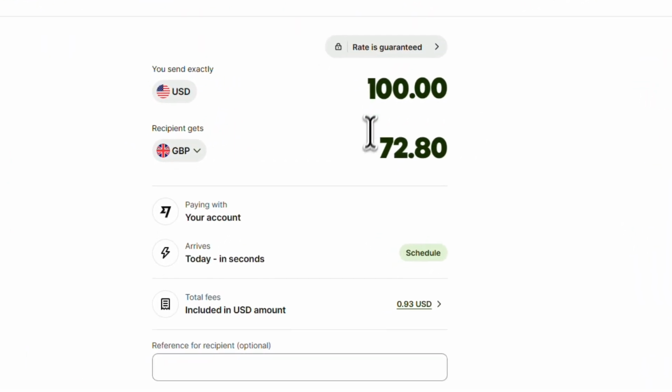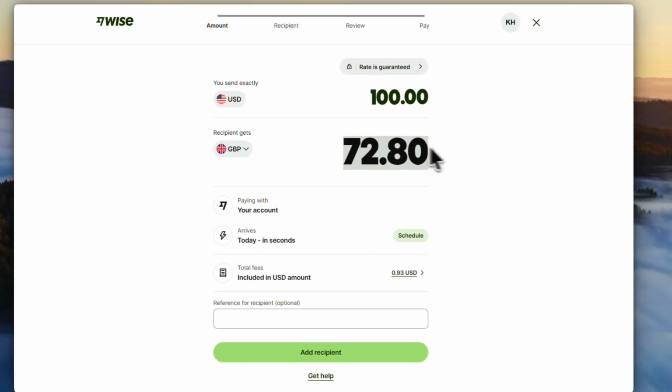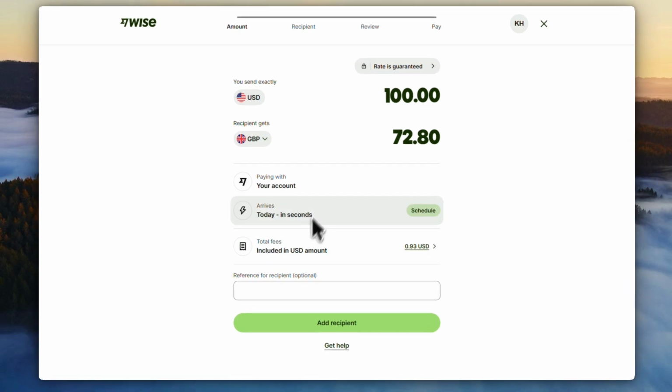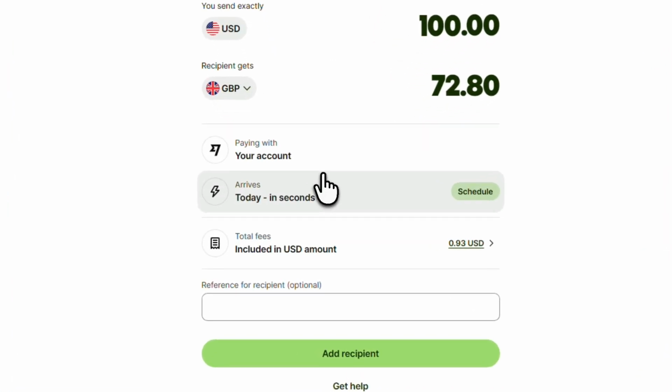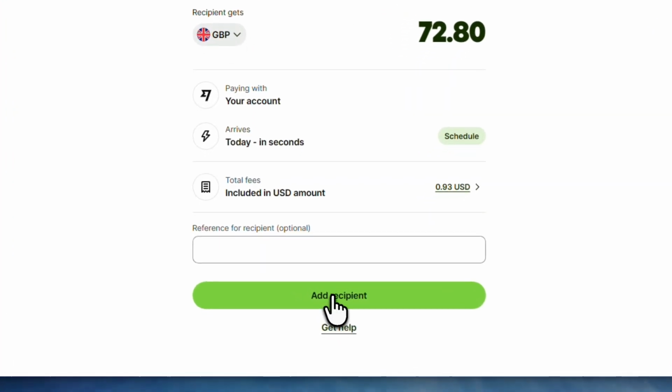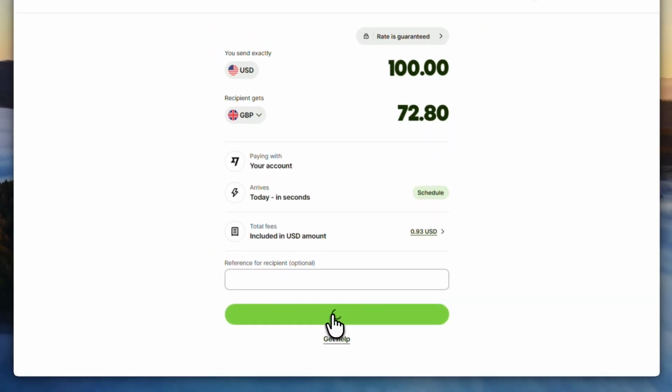Now enter the amount you want to send. You can type in either what you want to pay or what you want the recipient to receive, and Wise will calculate the rest automatically. Take a second to look at the fee breakdown and the estimated delivery time shown on screen so you know what to expect. When you're ready, tap or click